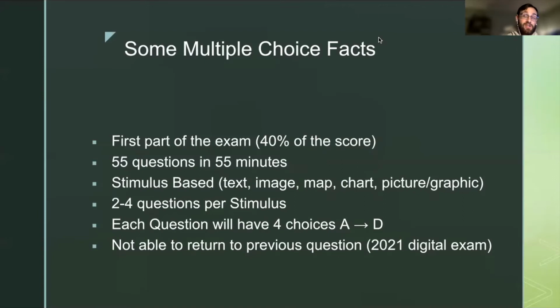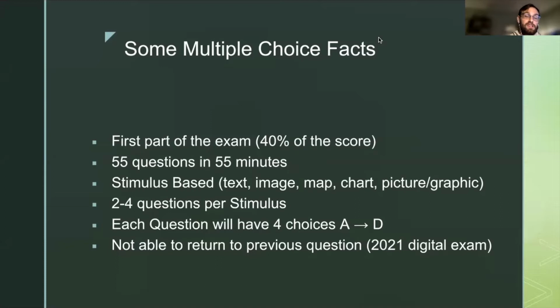Now, before we get to the actual AP multiple choice tips, let's go over some AP multiple choice facts. First, it's the first part of the exam. It's worth 40% of your score. It is 55 questions in 55 minutes. So that's pretty tight. But all of these questions are stimulus-based, which means they are questions of 2 to 4